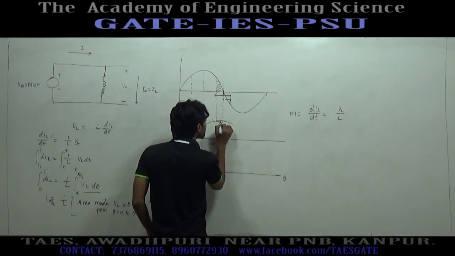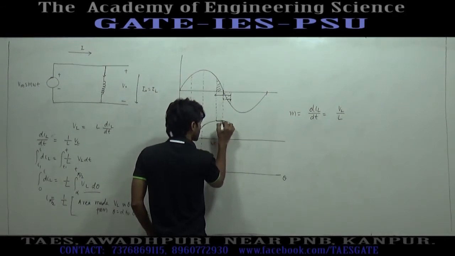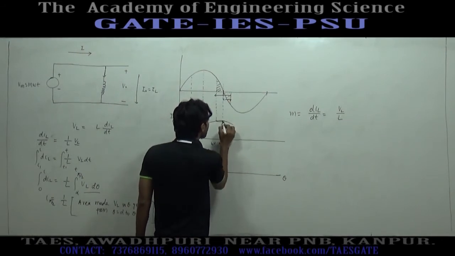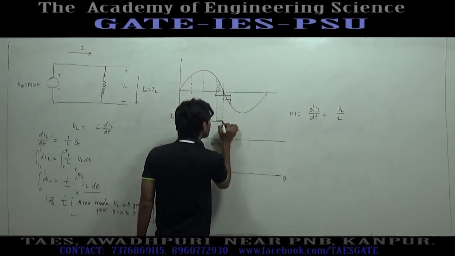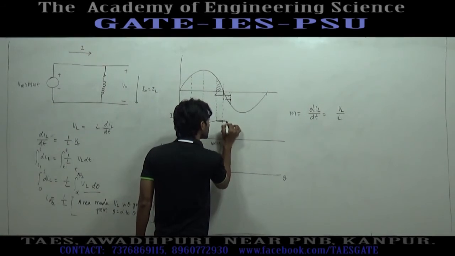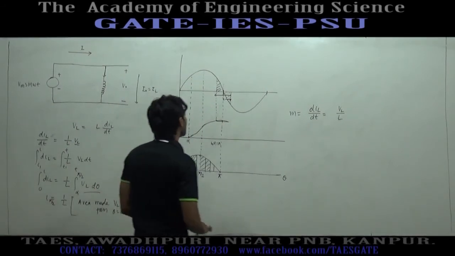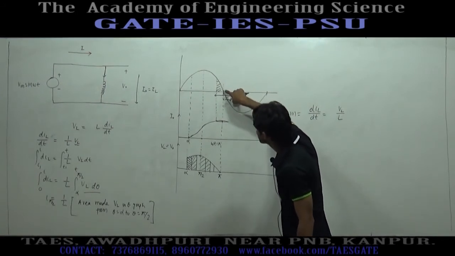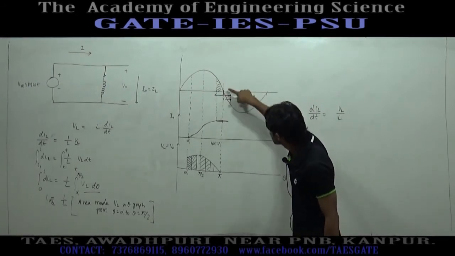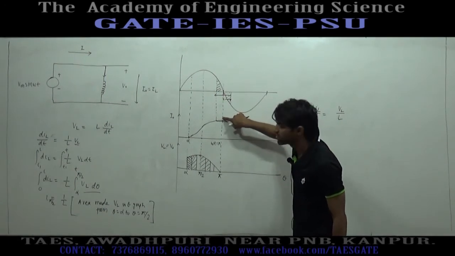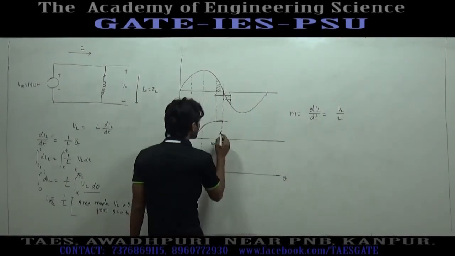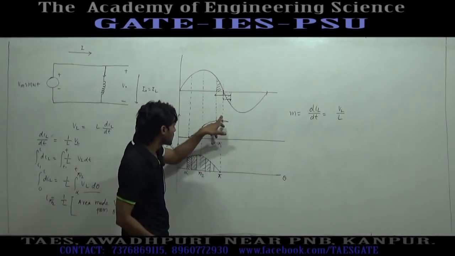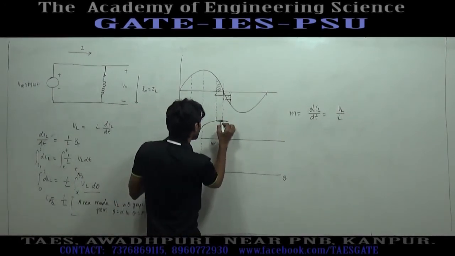In this interval the rise in current was this much distance. Hence in this interval the decrease in current will be the same. Or we can say that the area made by the voltage graph is symmetrical about this point, hence the change in current about this point will be symmetrical. Now, if the change of current graph is symmetrical about this point, this will take a shape